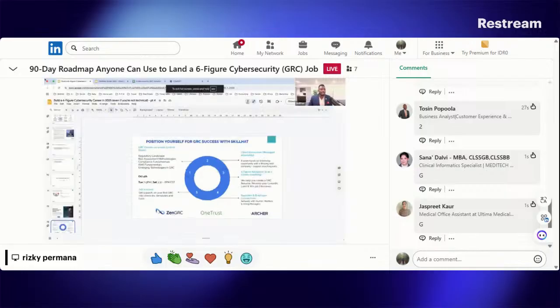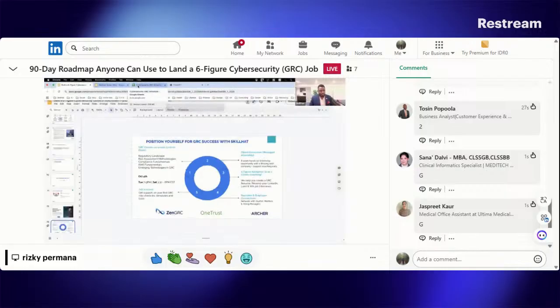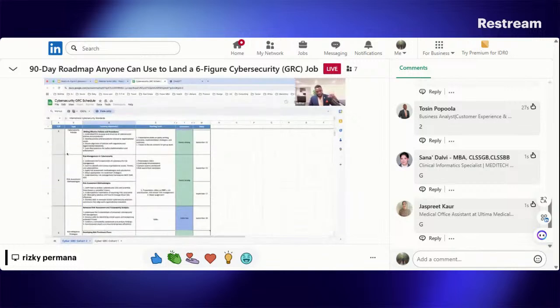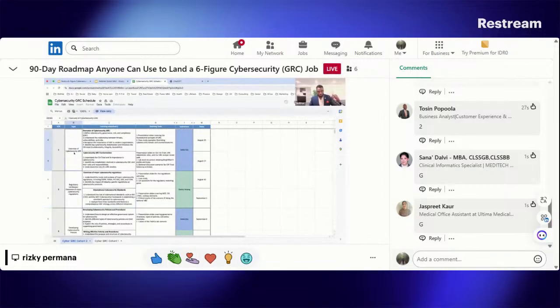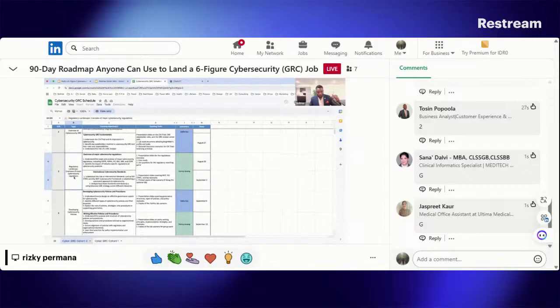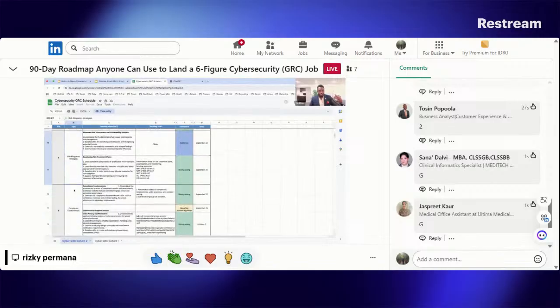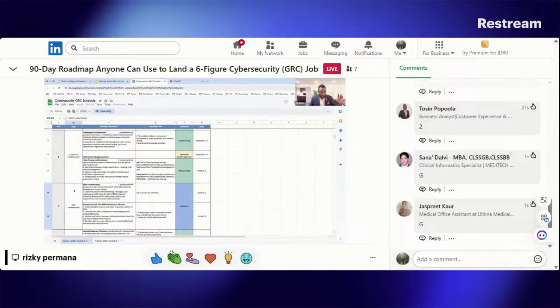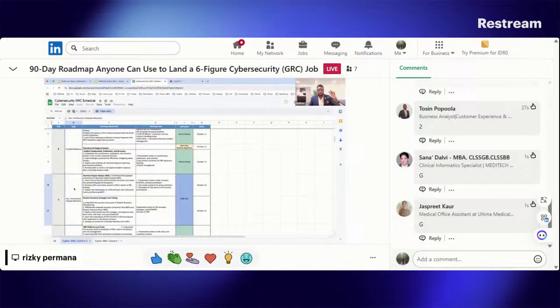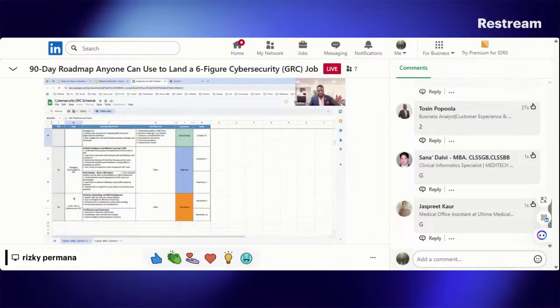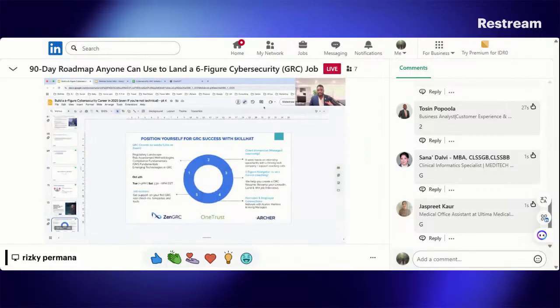I'll just give you a visual of the depth that we're going to go through. Here's, for example, what the schedule looks like. Don't get intimidated because we'll make it easy for you, but like I said, it's 12 weeks. And over the 12 weeks, you learn about overview of cybersecurity, landscapes in the regulatory space, creating policies for companies, risk assessment methodologies, risk mitigation, compliance fundamentals, information systems management, incident response, continuity and disaster recovery, AI and cybersecurity, GRC tools, the software to use for the work, technologies, AI as well, machine learning and GRC, and we help you get the job with the coaching. So over 12 weeks, pretty immersive, is the first step.